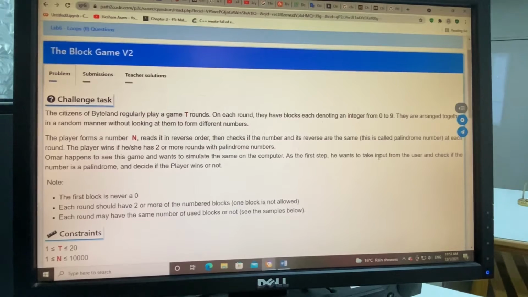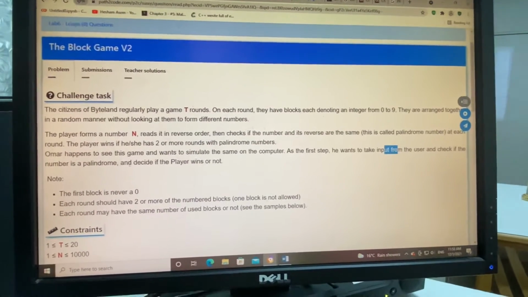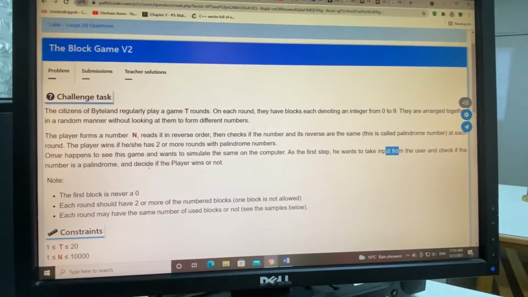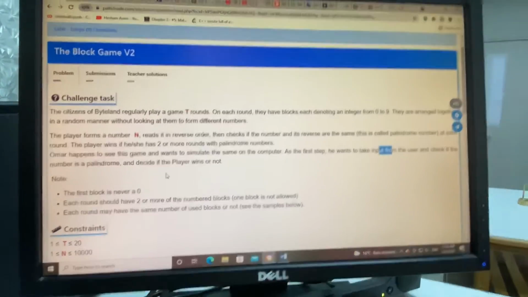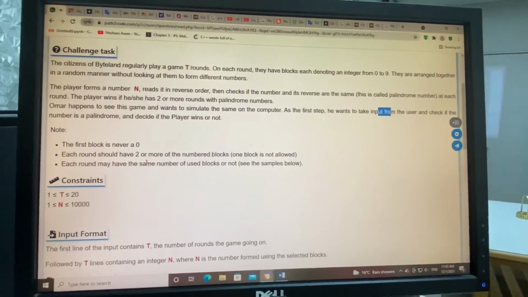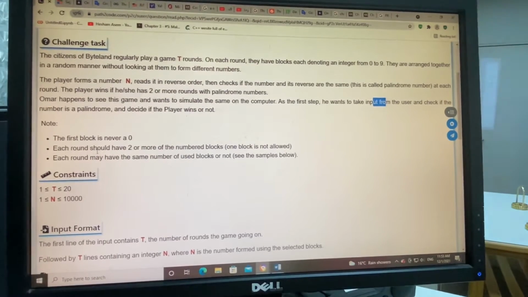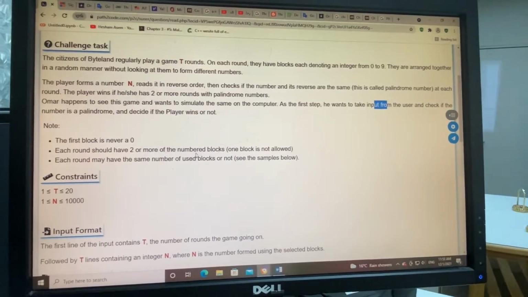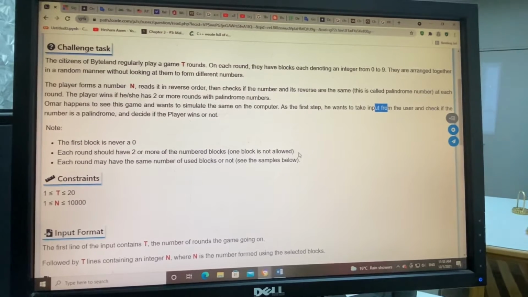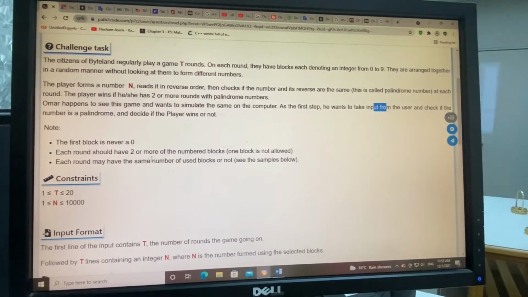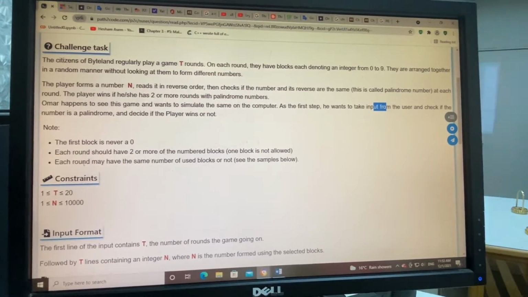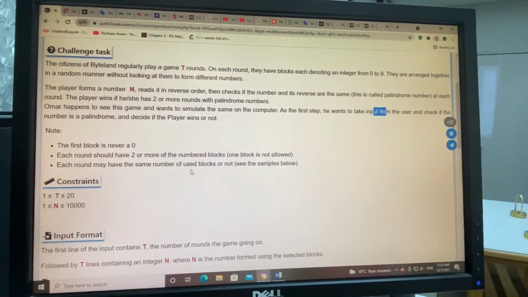He wants to take input from the user and check if the number is a palindrome and decide if the player wins or not. So can you help Omar, if you know that the first block is never 0 and each round should have 2 or more of the numbered blocks? One block is not allowed. So you have 2 or more to play this game. Each round may have the same number of used blocks or not,